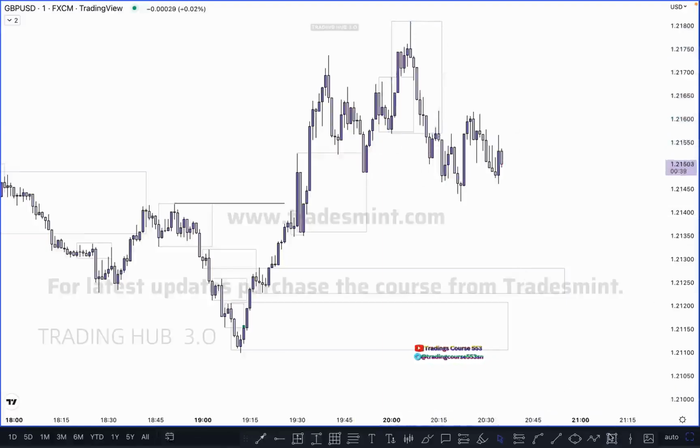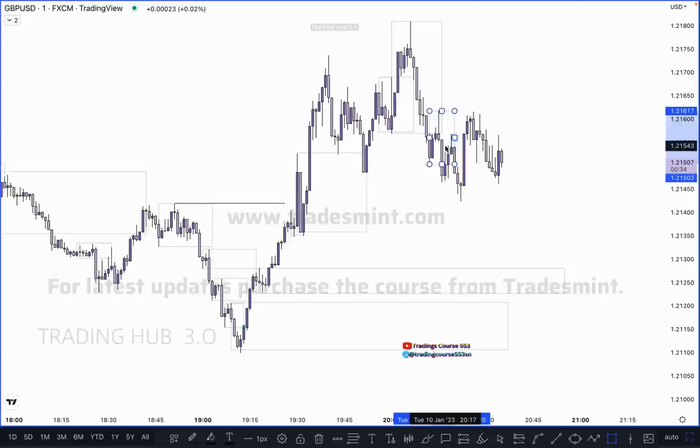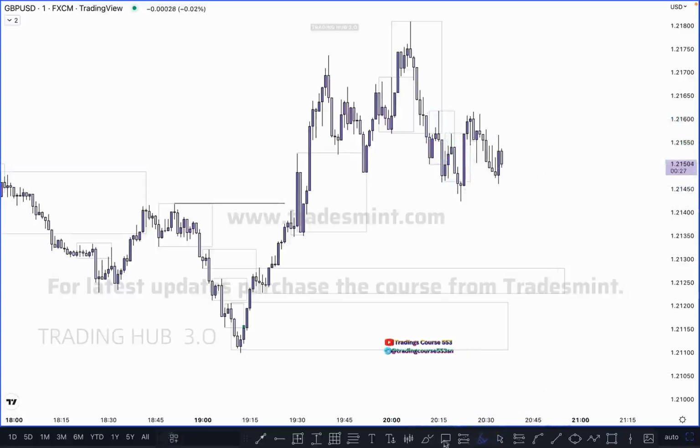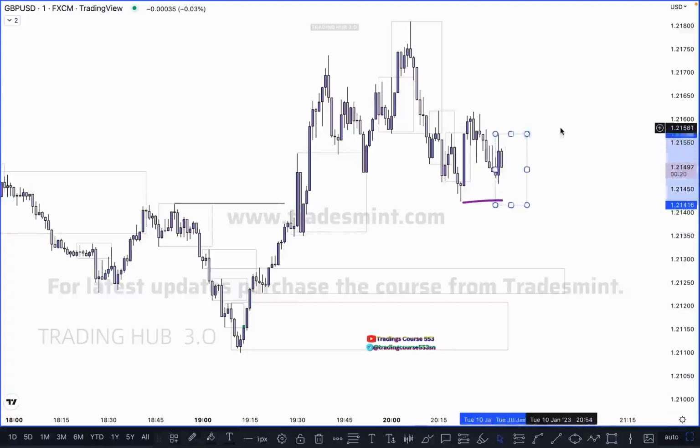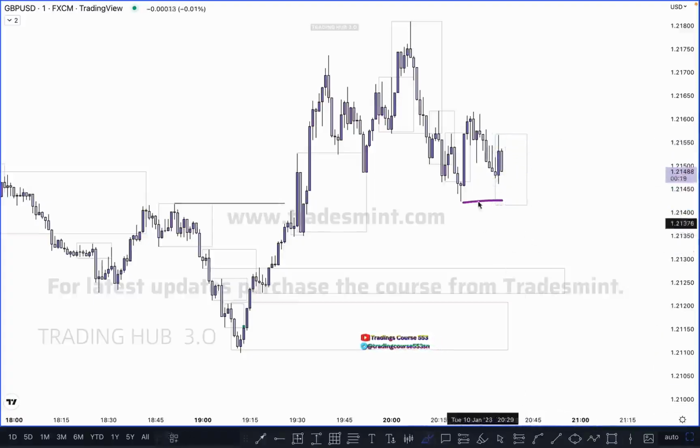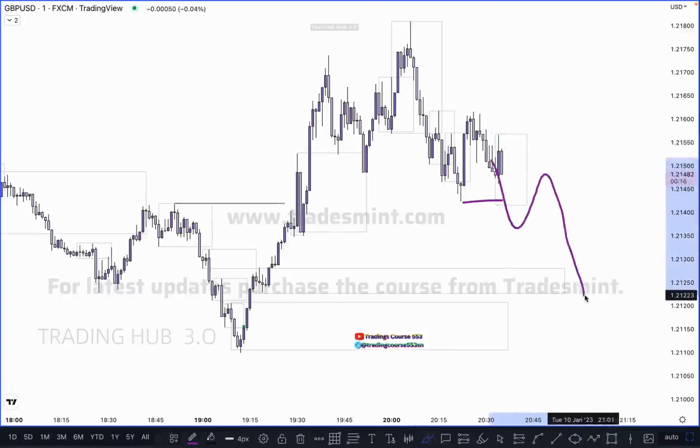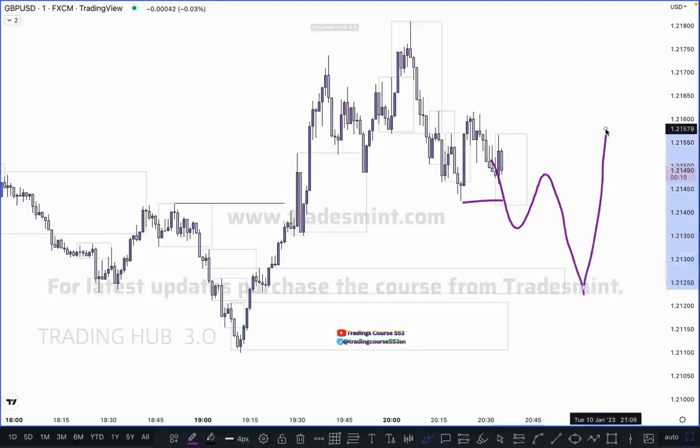Again, what happened here? Market breaks this low and creates a new order flow, and mitigates this one and pushes downside. Same thing happens here. Market mitigates this order flow and pushes downside. Again, if market breaks this low, which one is here, and then market creates something here, then we can see again an order flow, and market must mitigate this one, something like this, and push downside. Okay, and at this point, if market holds this zone, then we can buy here like this,